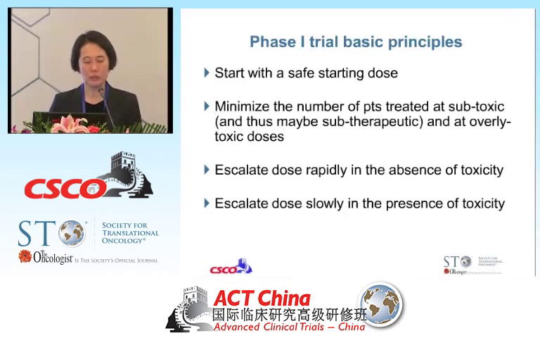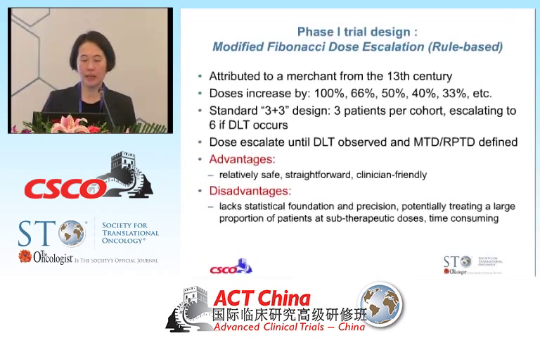What you're trying to do is to follow some sort of rule or some sort of model to help you go up to the dose that you consider acceptable to move to phase 2. Traditionally, we would like to escalate very fast if we know that we are in a very safe zone, and when you start getting closer to the dose that will cause dose-limiting toxicity, you want to slow down because you do not want to expose patients to undue harm. That's the premise.